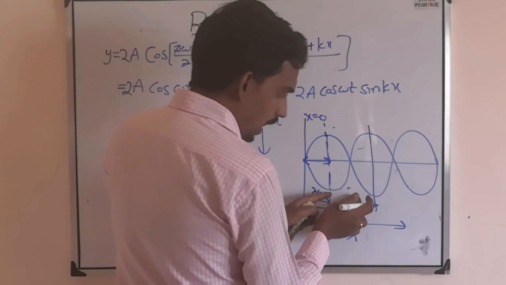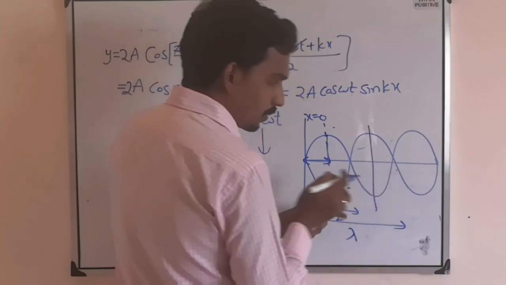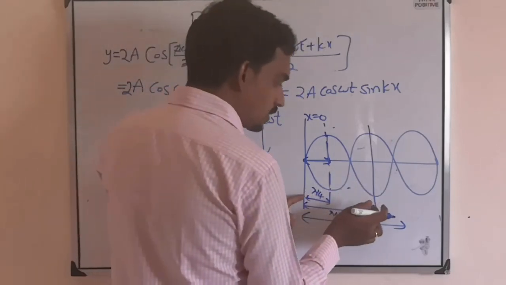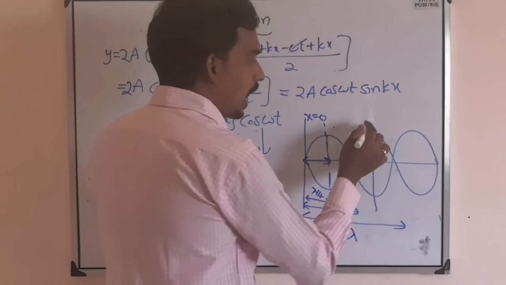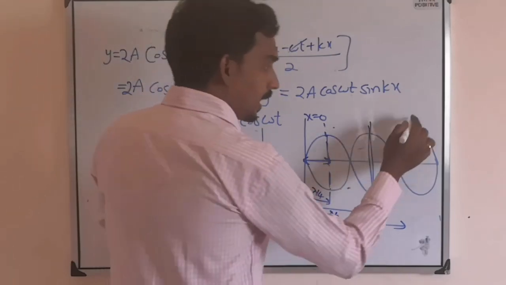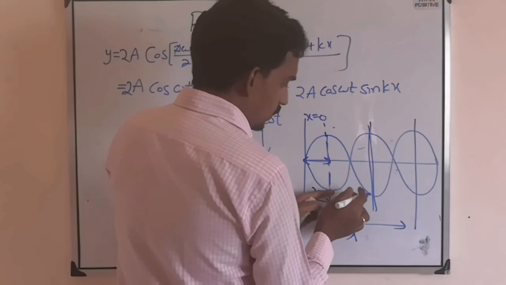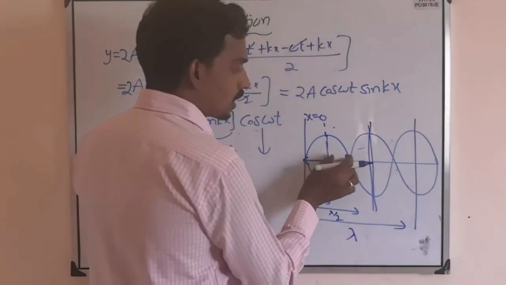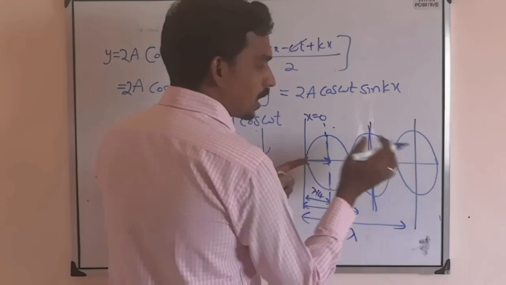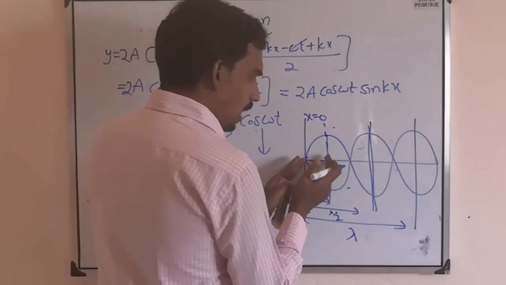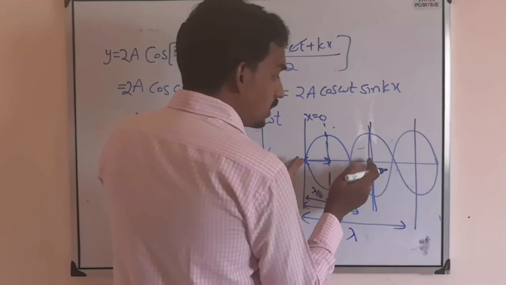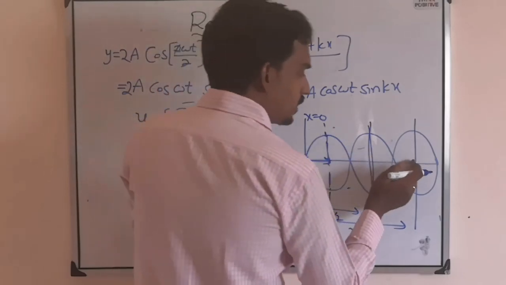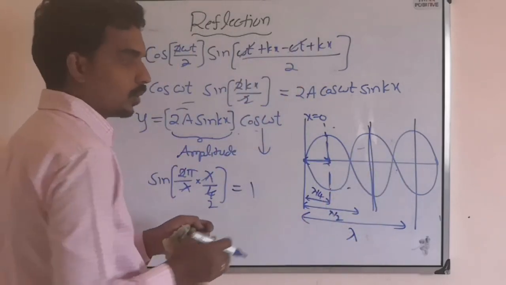Lambda by 4, lambda by 4, lambda by 4. So at another distance 3 lambda by 4 also the amplitude is maximum. At another distance 1, 2, 3, 4, 5 quarters, that means 5 lambda by 4. At a distance lambda by 4, 3 lambda by 4, 5 lambda by 4,